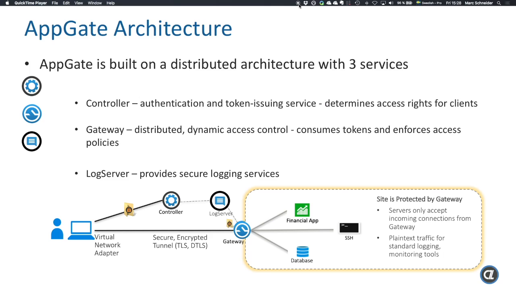The end user is using the client over the virtual network adapter, communicating with a secure encrypted tunnel to the gateway. The gateway is the component which actually protects the resources that we would like to access, something we also call the site. The gateway has a second level of policy enforcement and will at the end decide if traffic is allowed or denied. Third and last, we have the log server, which is a central logging mechanism collecting all the events happening in